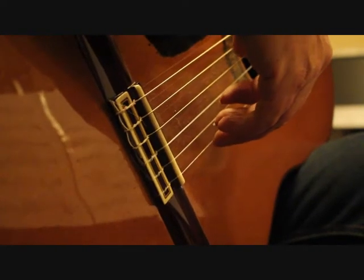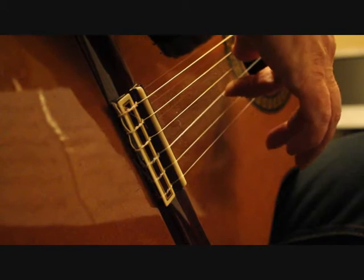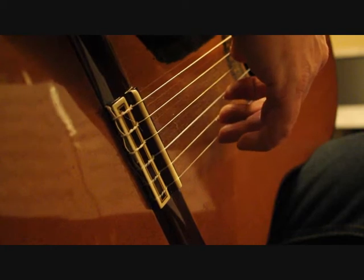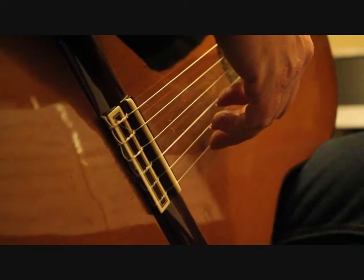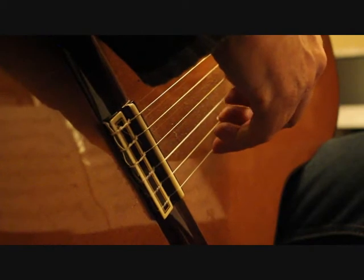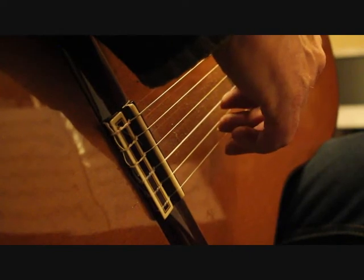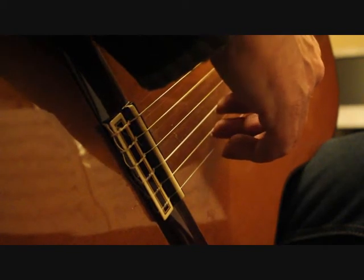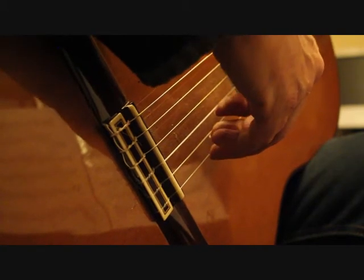The right hand sequence is: put the thumb on the fifth string to start with, the index finger on the third string, the middle finger on the second string, and our A finger, or the third finger, on the first string. The sequence then is bass note, third string, second string, first string, third string, second string, first string, third string, second string. On the fourth beat we have another bass note, and then it's third string, second string. So the actual sequence is